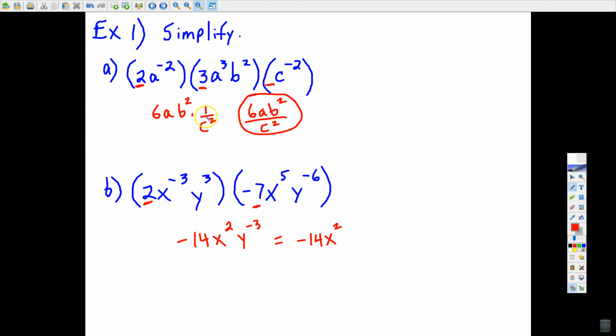And I showed you over here how we just rewrote c to the -2 as 1 over c squared. You can also think of it this way: a negative exponent in the numerator, okay, right now all of this is over 1, becomes a positive exponent in the denominator. Okay, so just giving you two different ways of seeing that. I'm sure you've encountered that in Algebra 1. But I'm double checking, I can't reduce, everything is fully simplified, and so that is my final answer for letter